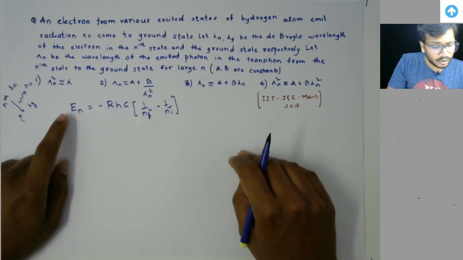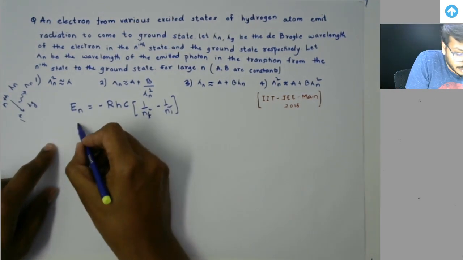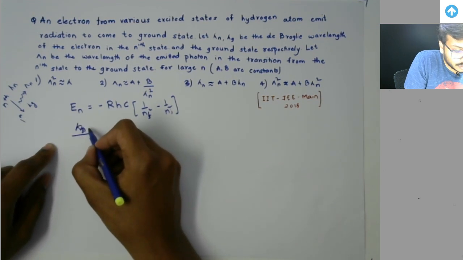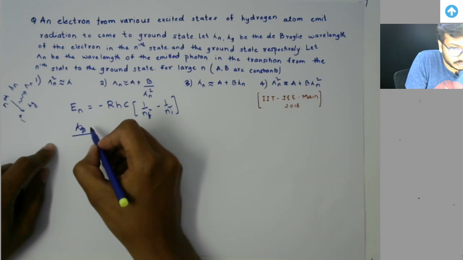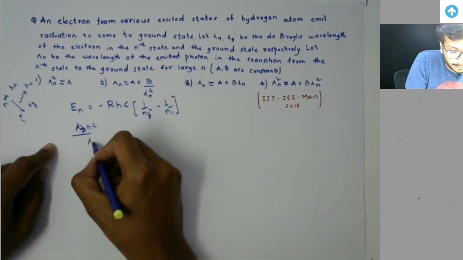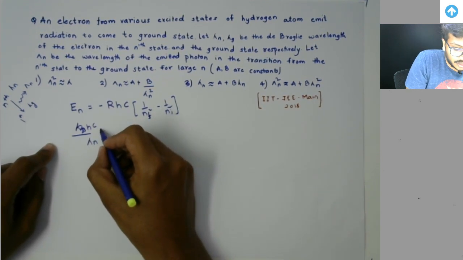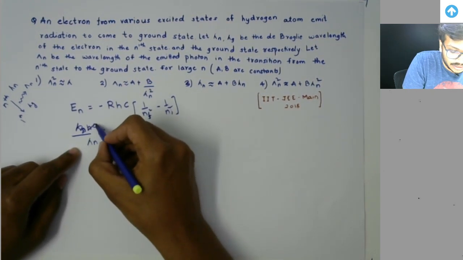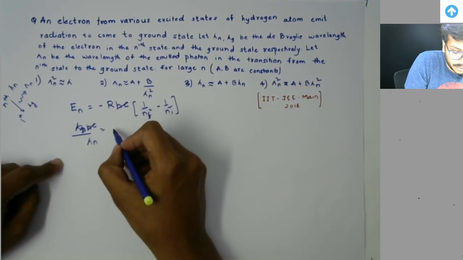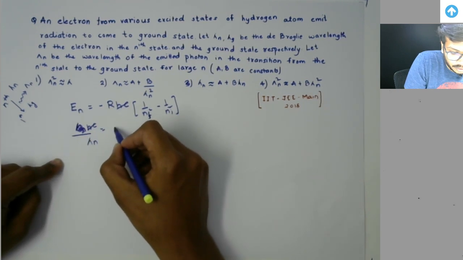Now for En we can write Planck's constant into c divided by lambda n, and that is equal to the same thing. So hc and hc will get cancelled out, and we are left with 1 by lambda n is equal to